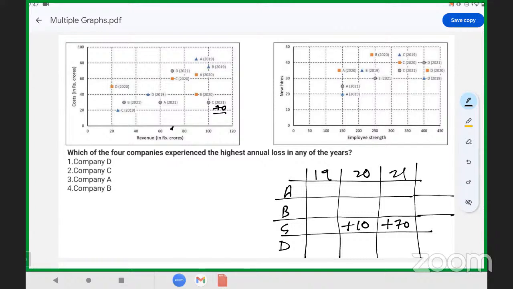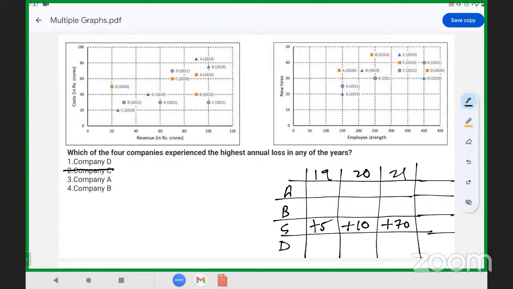Okay, and finally C in 2019. So this was here. I guess this will be around 22 if I'm not wrong. Okay, I will consider this as 22. This will be 30. I will consider this as 25. Yes, 25 is correct, and their cost was 20. So they were profitable. So C won't be the answer because they were profitable all the time. So let's move on to